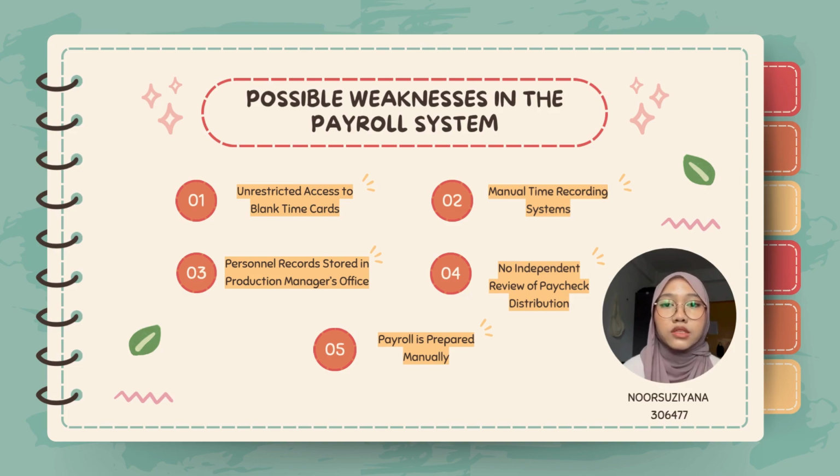This means the employees' files are not centralized and there is no proper access control. Such a setup increases the risk of data loss, unauthorized changes, or manipulation of records. Fourth, there is no independent review before paychecks are distributed. Once paychecks are signed by the cash disbursement manager, they are handed over to the production manager for distribution. This creates an opportunity for unauthorized payment or the existence of ghost employees, since there is no verification against the